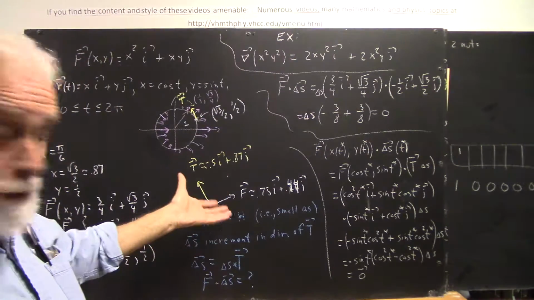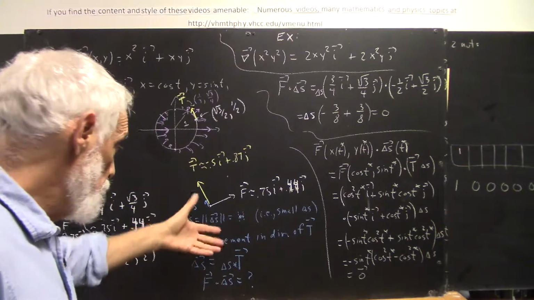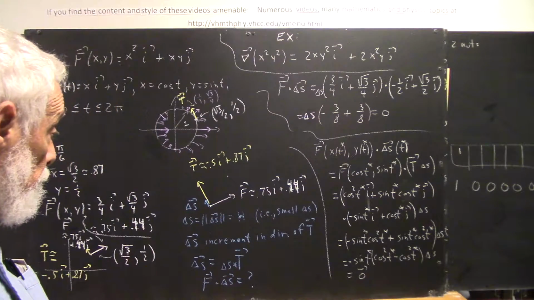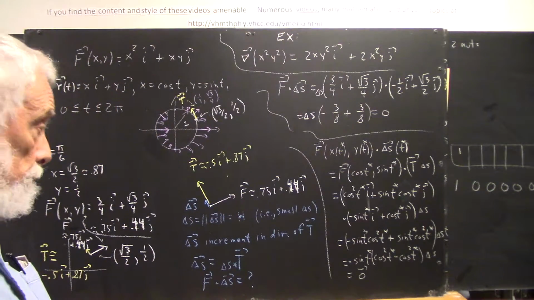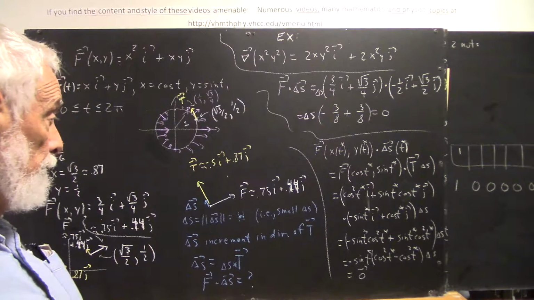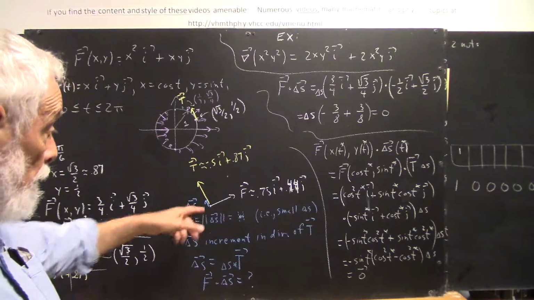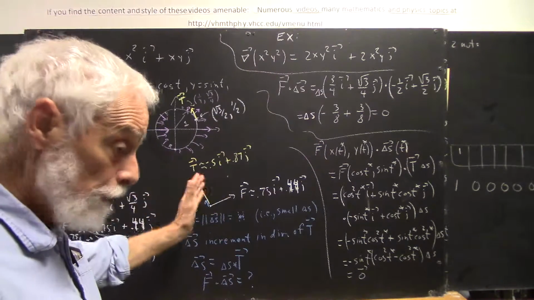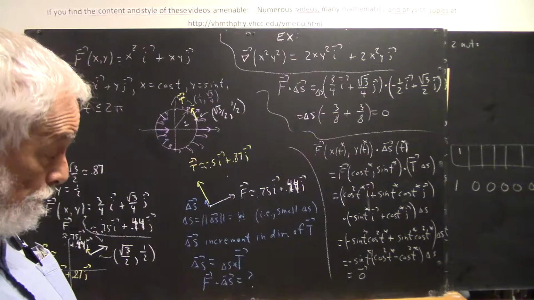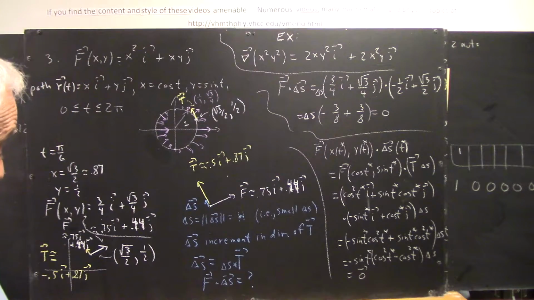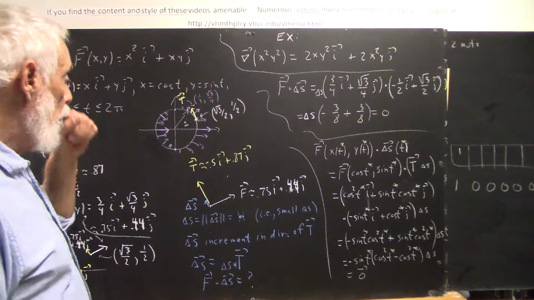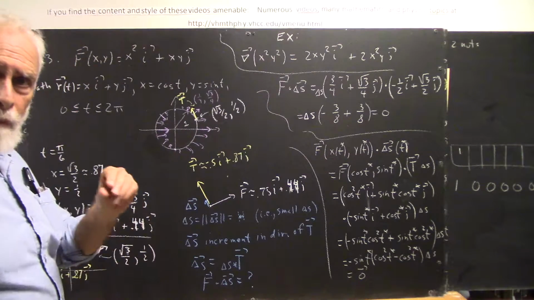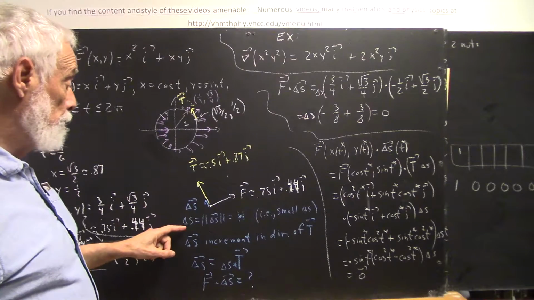Ask people, okay, what would you estimate the dot product of f dot t to be? Okay, and after a while somebody finally said 0. Yeah, that's a right angle. Then you should automatically understand that the closer your angle is to a right angle, the closer your dot product is to 0. Now, we want to do a dot product of f with a small vector of magnitude delta s